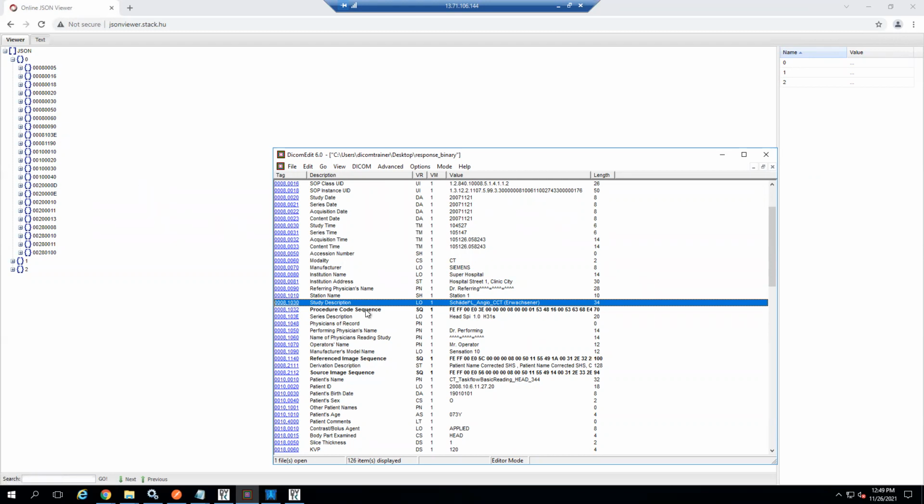Okay, so now let's see how I can get this tag by using the include field.